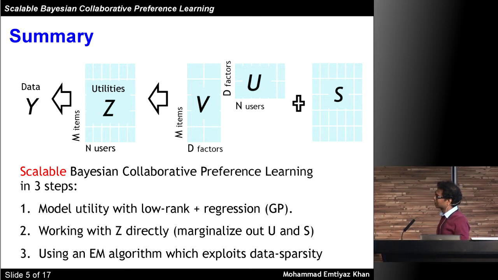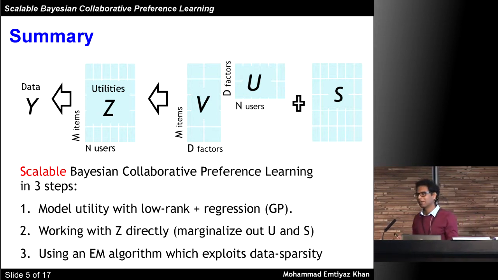The second step is that we marginalize out the component of Z. So we marginalize some of the things, and we work directly with Z. And that's the key point of the paper, actually. So you'll see why this actually helps. Okay. So the second step is the key point. The third thing is,